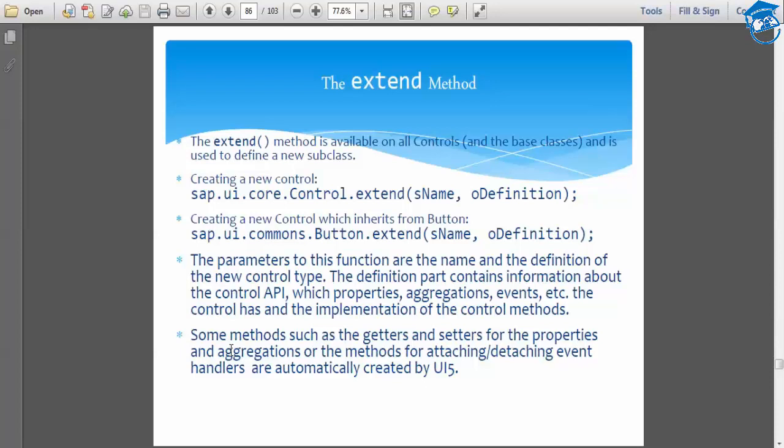When you take sap.m.List, it has properties, methods, an aggregation called items, and events when you tap, when you change, etc. So whenever we create a control, we need to understand what properties it has, what aggregations we're going to use, and what events we're going to handle. You have to understand everything before writing the control.